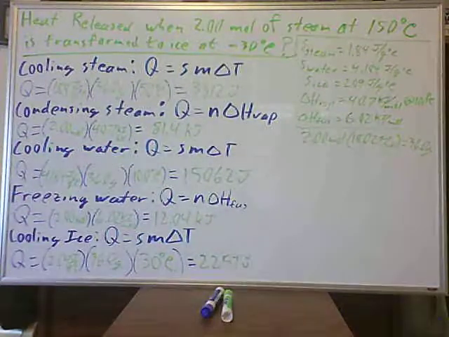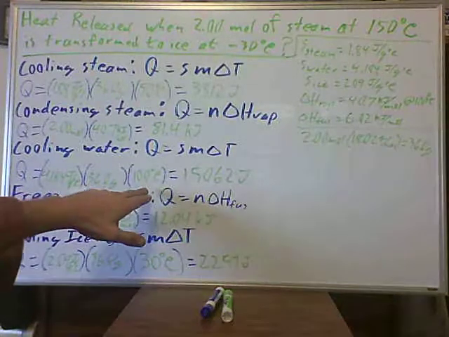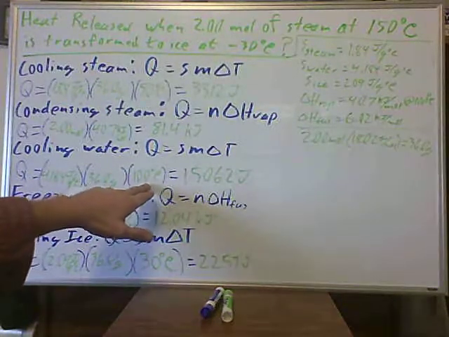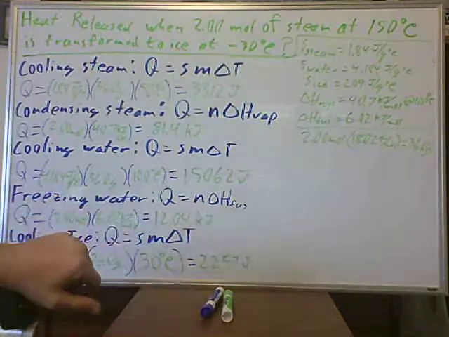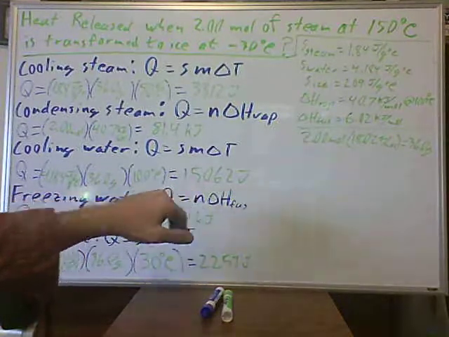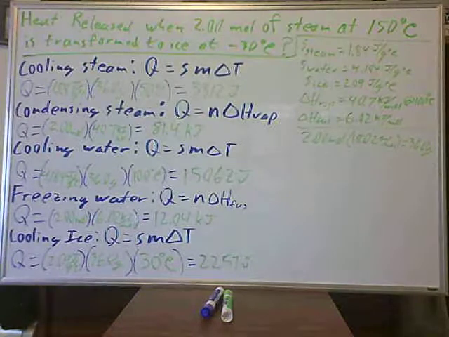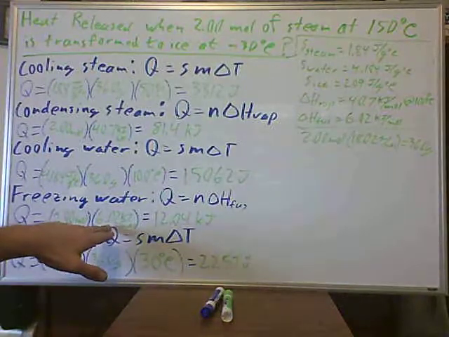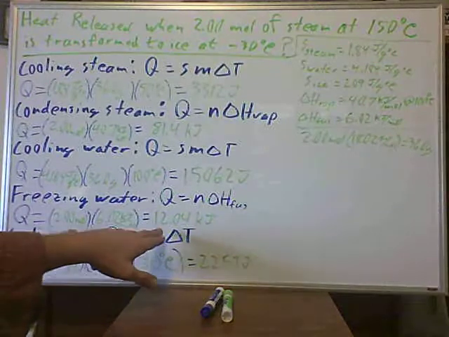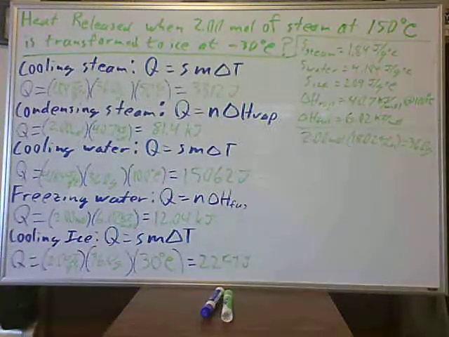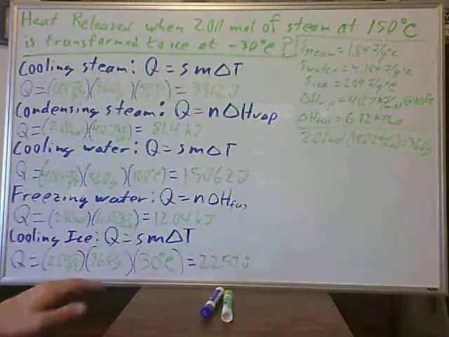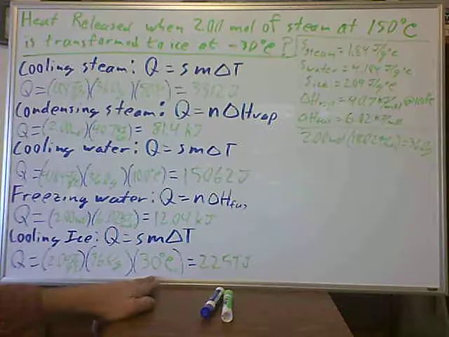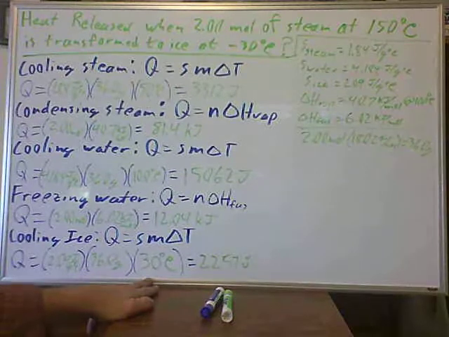That releases 81.4 kilojoules. To cool the water, we're cooling from 100 degrees Celsius down to 0 degrees Celsius, a change of 100 degrees. This is releasing 15,062 joules. To freeze the water, the heat of fusion times the 2 moles will give us 12.04 kilojoules. And to cool the ice, we're going from 0 degrees Celsius down to minus 30, a 30-degree change. This gives us